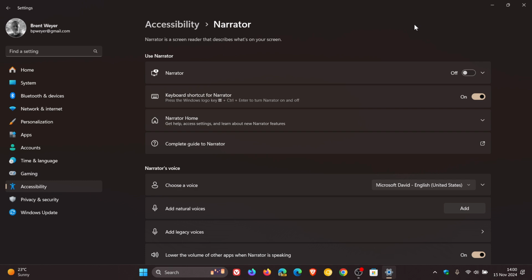Users of Narrator, voice access, live captions, live translations, and voice typing might see a message asking them to update their language files manually. The language files will be released separately through Microsoft Store. And then the next one is for,